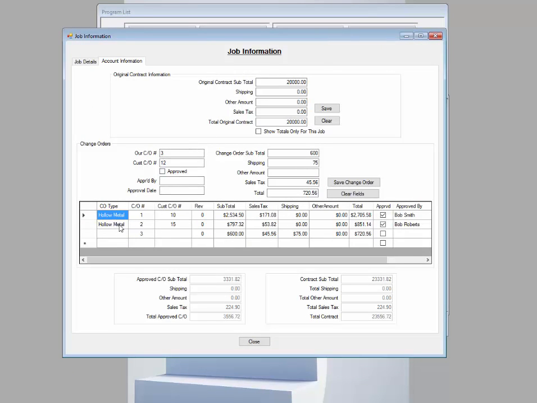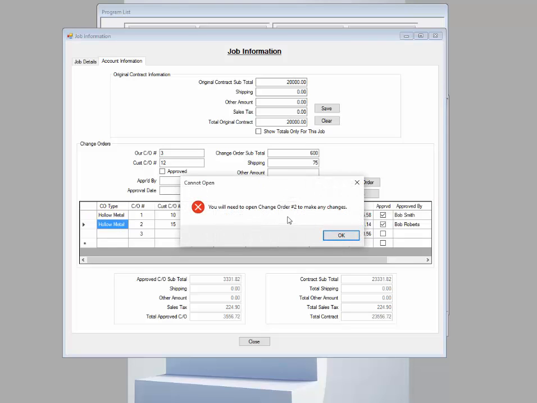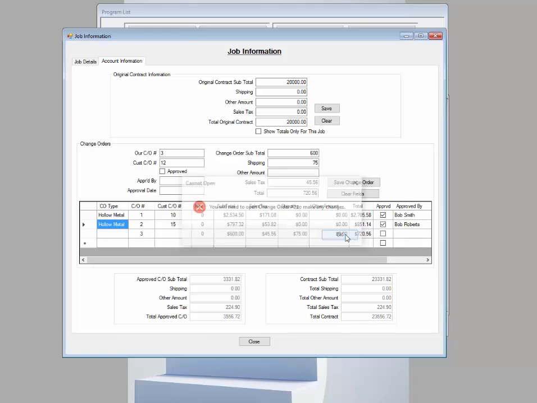Now, like I said, I was not able to edit this because it tells me I need to open the actual change order. This one, it's blank. If I double click it, you can see it comes up. This one I can make changes in this form. And this is where I would make approvals. So if this one does get approved,